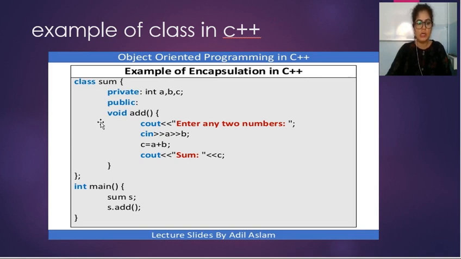Now start with the curly bracket. In the next line you have to write the access specifier. Whatever type of access you want to give, you can give that.